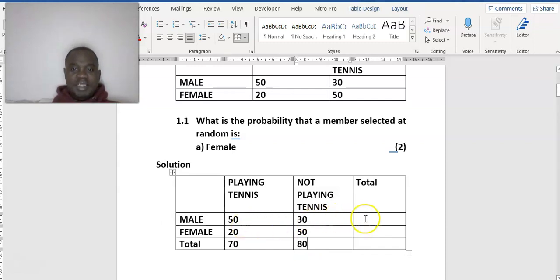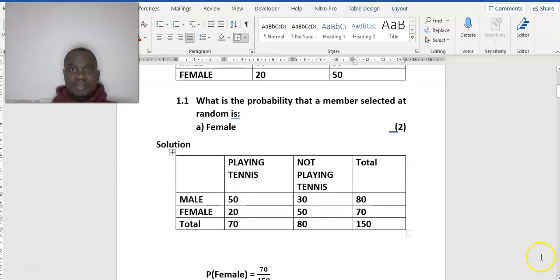50 plus 30 is what? 80. 20 plus 50 is what? 70. So it's easy to find the totals. You can either add this or you can add that one. Alright, so 80 plus 70 is what? 150. Are we together? Okay, now after we get our totals, the next thing we are going to do is